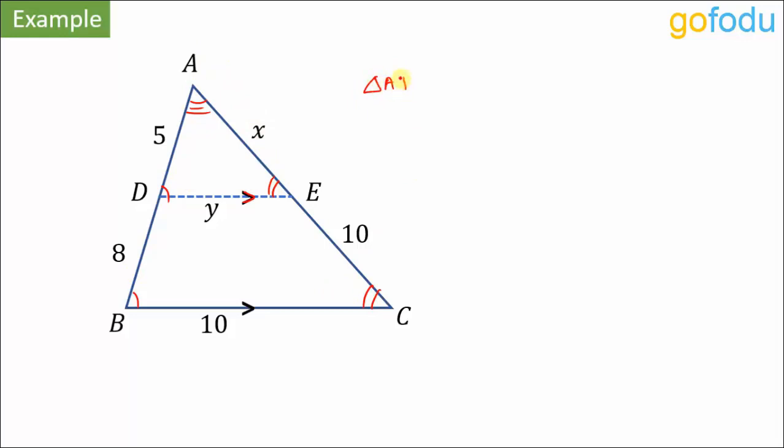Triangle ADE is similar to triangle ABC. So we can write AD upon AB is equal to AE upon AC. AE, we left D in between. AC, we left B in between. AE upon AC will be equal to DE upon BC. DE upon BC. So from this,